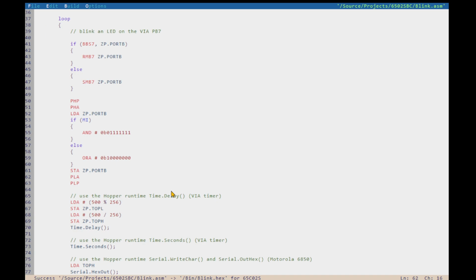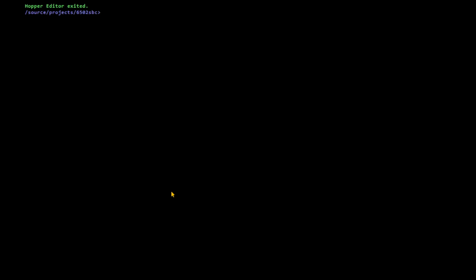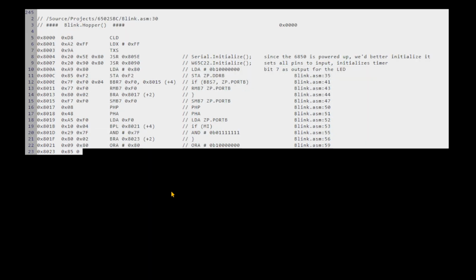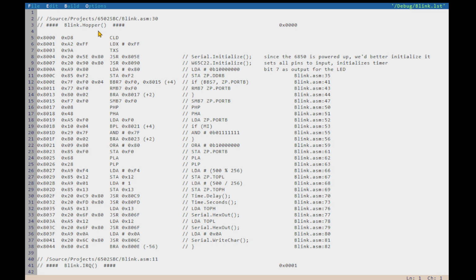So let's build it. And let's go and have a look at that. So if I go, I think I've got it in my history here. Yeah, the edit the listing. Right at the top conveniently is the Hopper. So this is the assembly listing generated by the disassembler for the Hopper assembler. Again, the syntax here is in my C/C# syntax. If you don't like that,